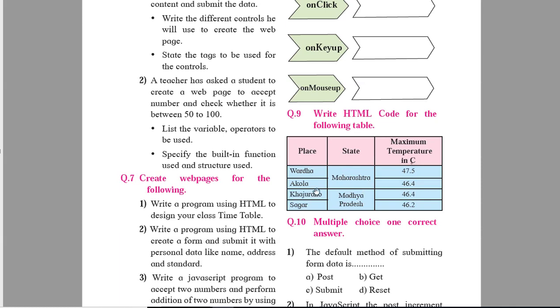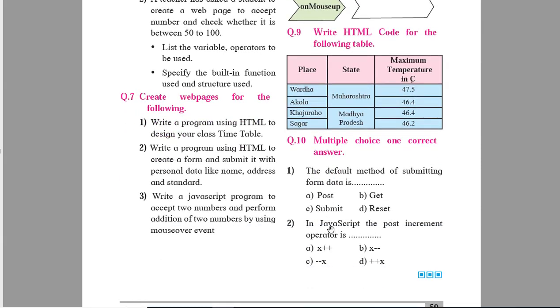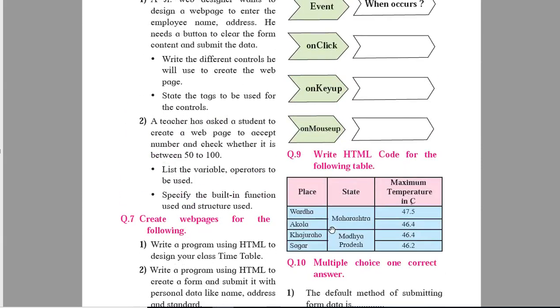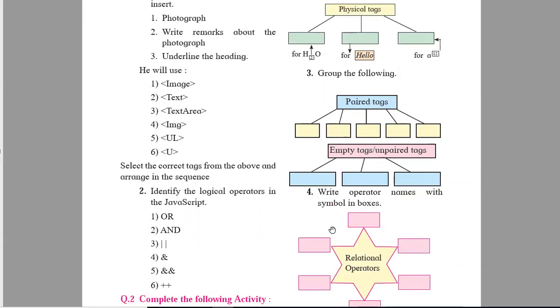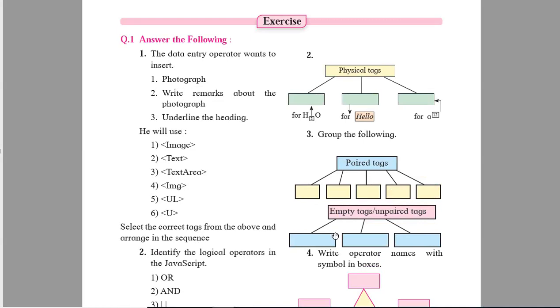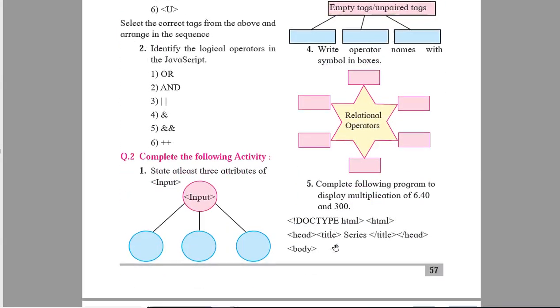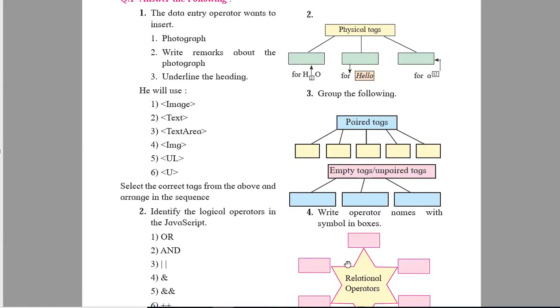Okay, here similarly the third and fourth is combined and a single row is created. That is, you'll have to use the rowspan attribute in this, and you will have to create a program in HTML. Again, question number 10 is for JavaScript. Leave it. So in this chapter, the questions which you'll have to prepare are question number 1, first one, question number 2, first, second, third.